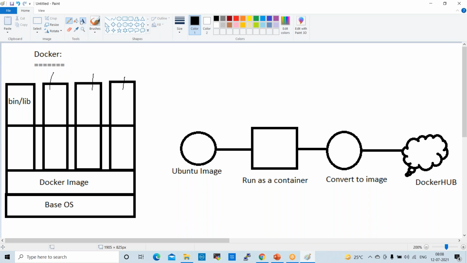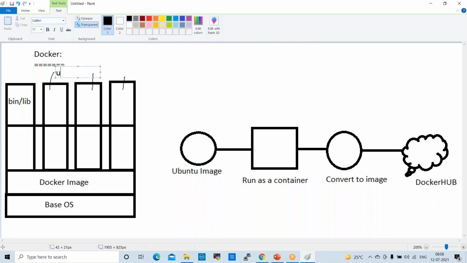Here we can deploy Ubuntu OS, RHEL, CentOS, whatever flavor you require, you can deploy the operating system. It will take a lightweight environment. It will not take a full-blown operating system when we run the containers. So maximum 200 MB for the operating system, right?